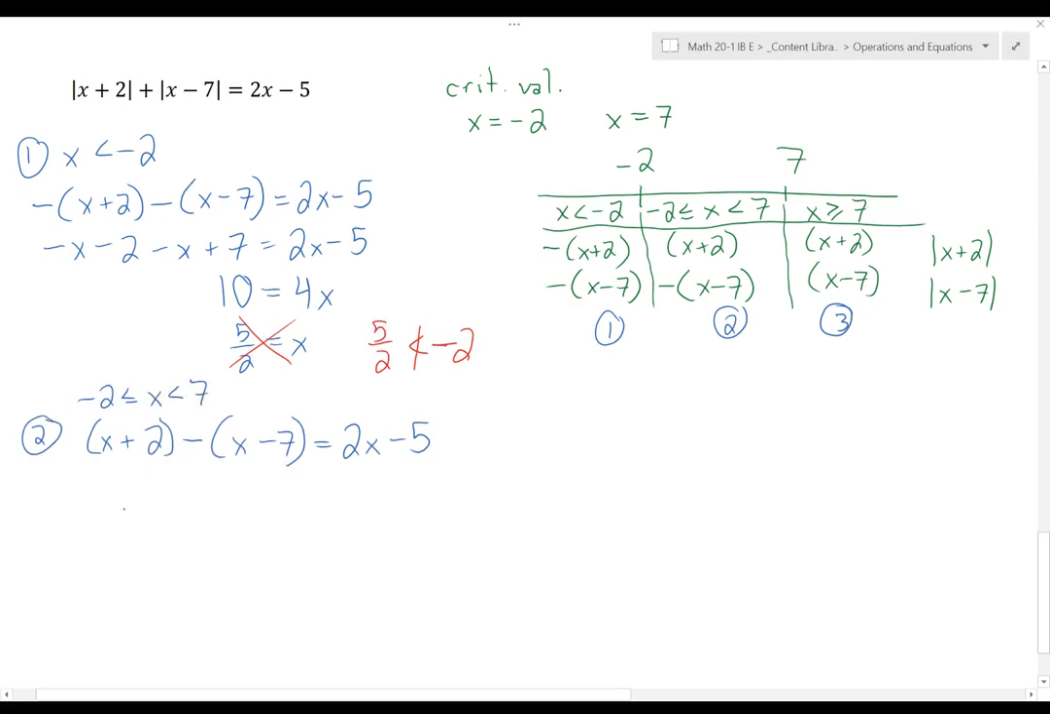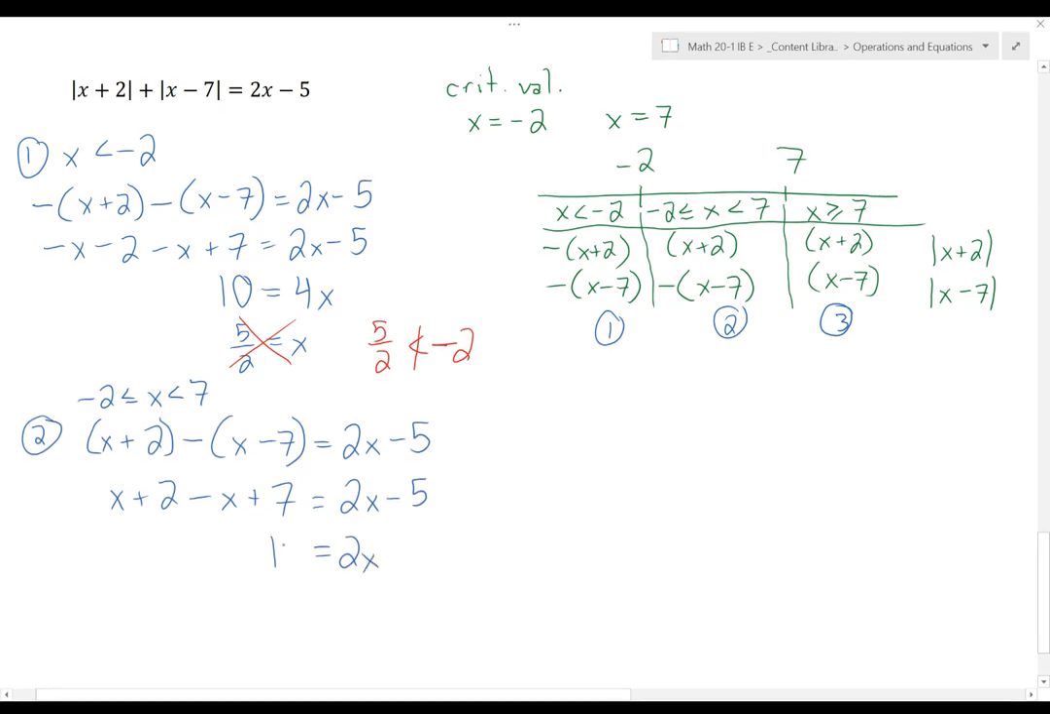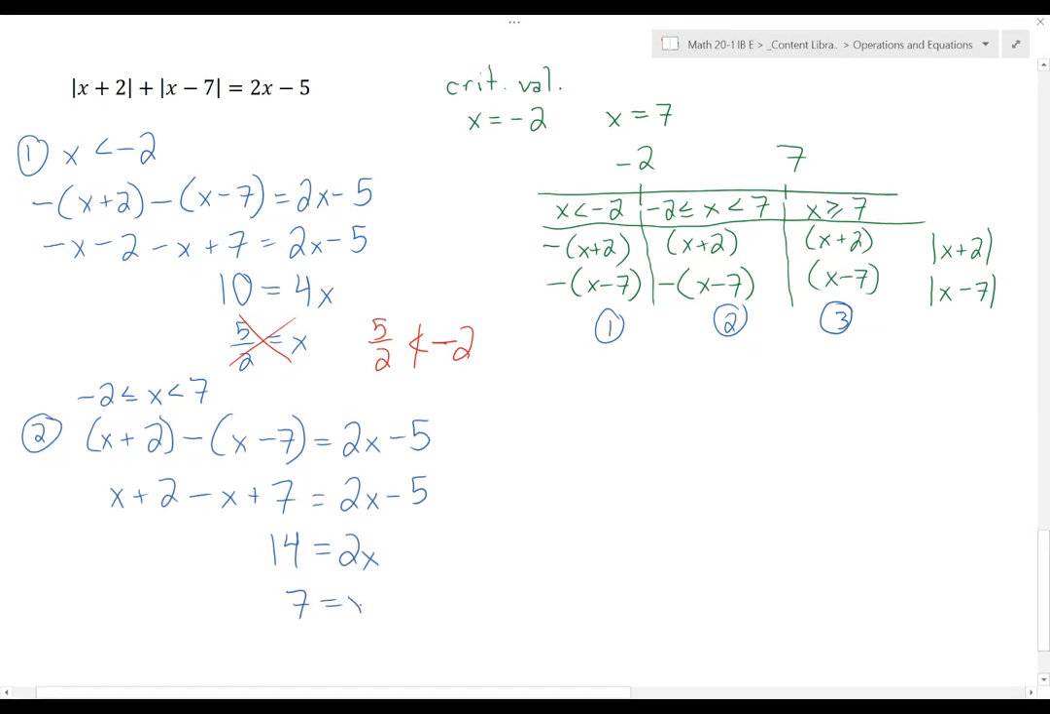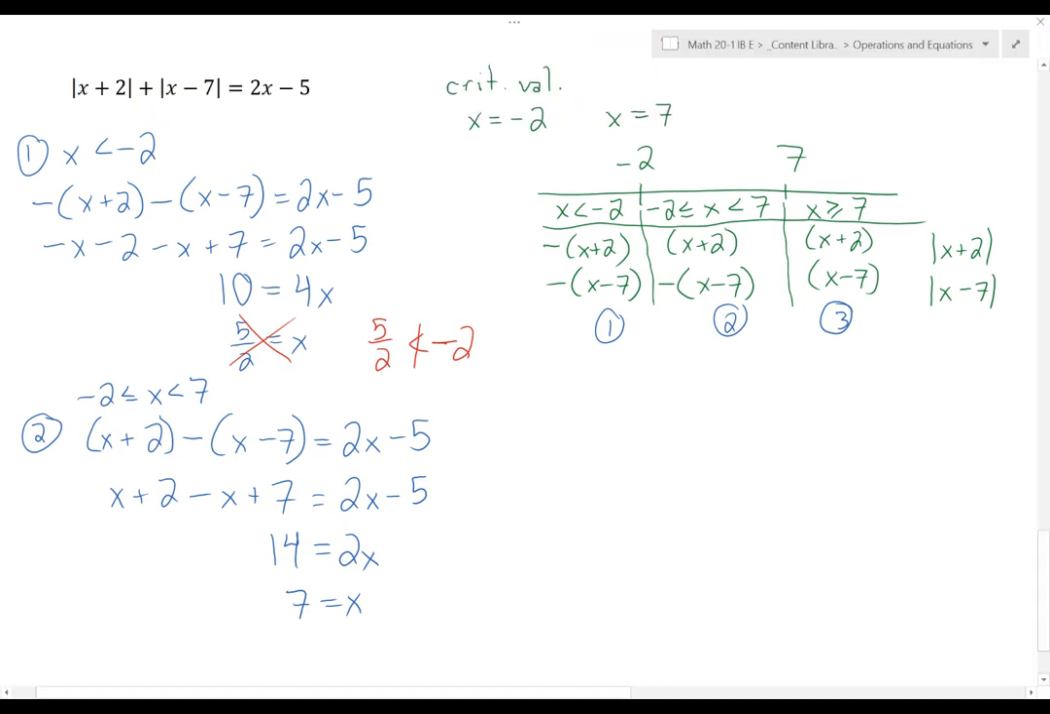And that gives me x plus 2 minus x plus 7 equals 2x minus 5. I'm going to gather all the x's on the right. They do cancel out on the left, so I've got 9 plus 5, 14. 7 equals x. Oh, now here I've got a little bit of a quandary because I told you it was